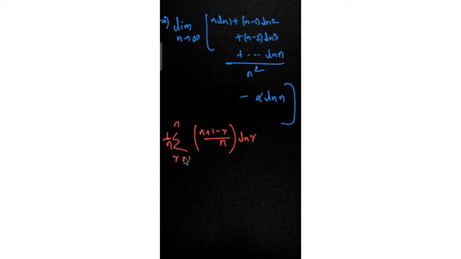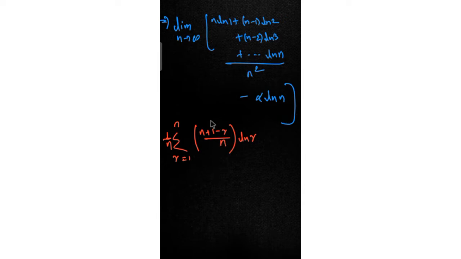So you can just substitute. When we put r is equal to 1, we're going to get n ln 1, so totally n ln 1 divided by n square is the very first term in this, so it's basically ln 1 by n. So that's what we're going to get: n plus 1 minus 1, which is n by n, 1 into ln 1 divided by n. So this is the very first term, and when we put r is equal to 2, we're going to get the second term. So this is the general term Tr of this series.